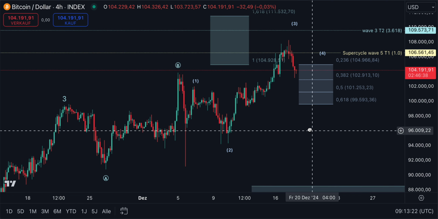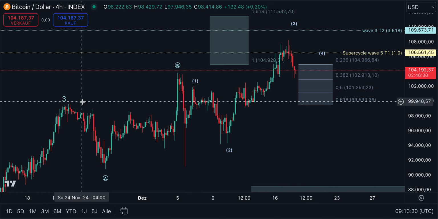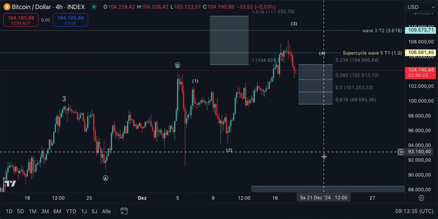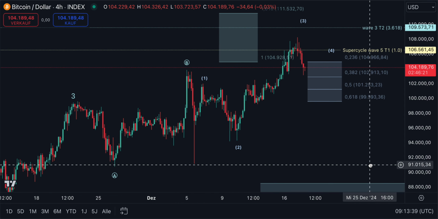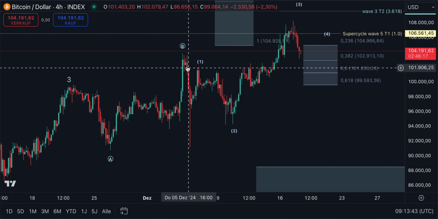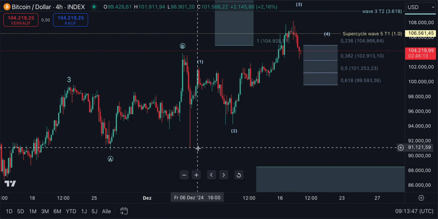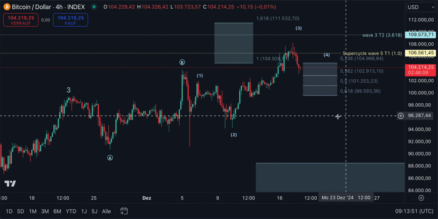And just to recap a bit, we think we've topped in a wave 3 on the 22nd of November, and since then, well, there's two different scenarios. One is that there was an A wave down, a B wave up, and then a C wave would have gone even further down into this support area. Now, the problem with this scenario is that this C wave down did not necessarily happen. To count this as a C wave, we don't think that's very feasible.